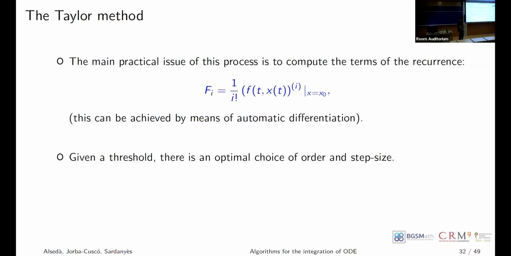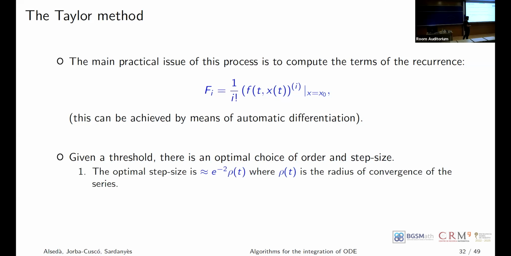But that's cumbersome. Hopefully there is a software package which is public. I'll give the reference at the end. That can be used. It provides you the Taylor method, and you don't have to do anything about that. But if you want to code it by yourself, you have to be very, very good at coding. A couple of things about the Taylor method is that the step size